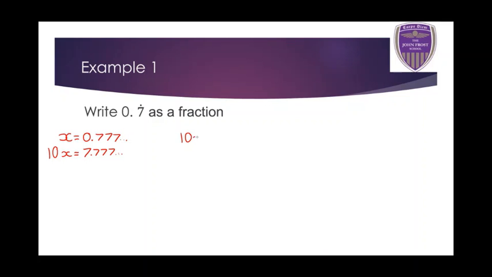First of all, we're going to do 10x, and we're going to take away x. So 10x take away x is 9x. And then I'm going to find the value for 10x, which is 7.777 recurring. And I'm going to take away x, which is 0.777 recurring. Okay. Now what you should notice, after the decimal point, because we've got 7s matching up, I can